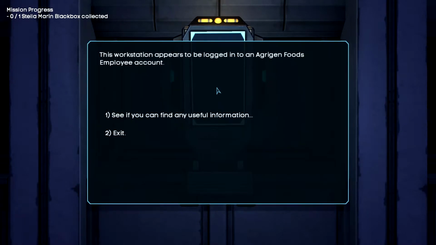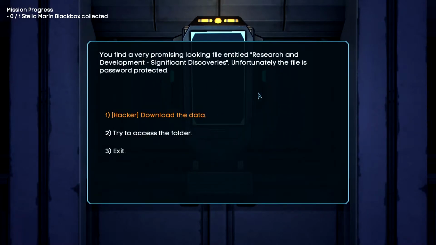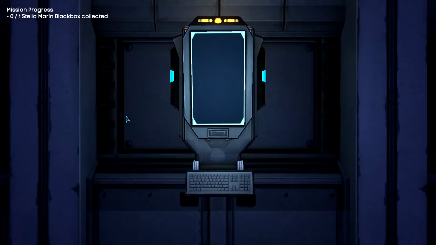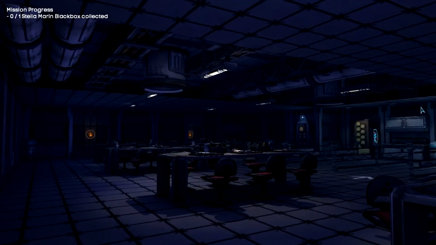Let's see what we got here. Logged into an Aggregate Foods employee account. What can we find? You find a very promising looking file entitled Research and Development, Significant Discoveries. Unfortunately, the file is password protected. So here's a special hacker ability we can use, or we can try to access the folder. Let's go ahead and choose Hacker. Tricks swiftly bypasses the password protection and downloads the files. They'll be worth quite a bit to the right buyer. Excellent. So again, another inventory item added